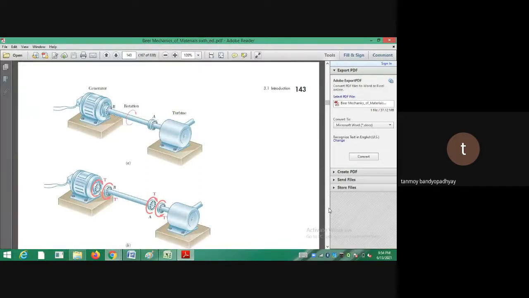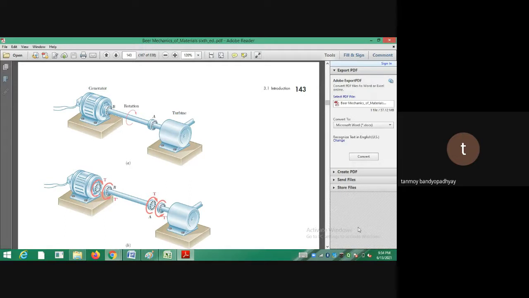So anything like a generator or a motor, anything which has been plugged to an electric cable. You can see in this picture a motor-like thing that has been plugged to an electric cable. Generally, if you see a motor, a shaft is coming out, and the shaft is being rotated by the motor. That is a case where torsion is being applied.